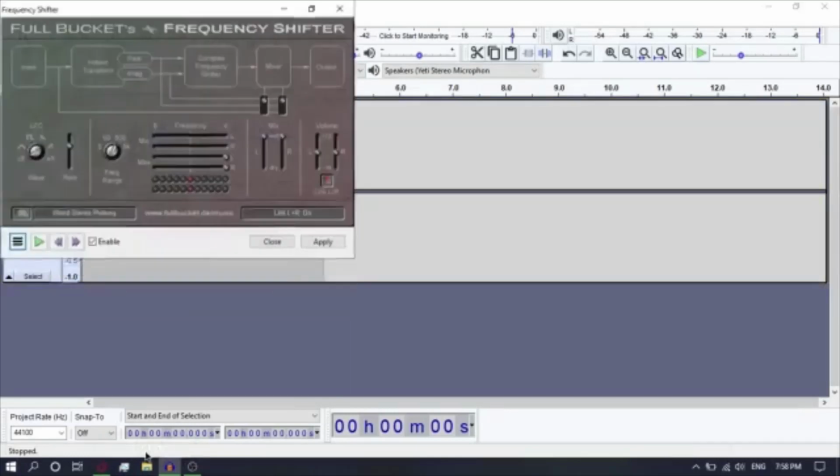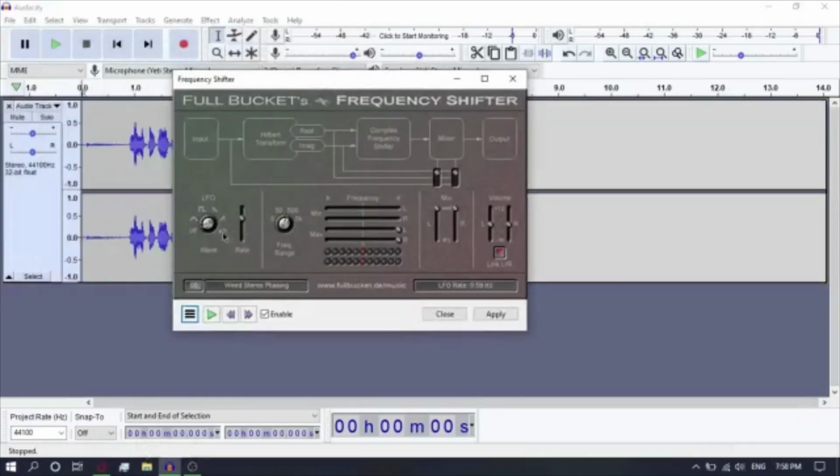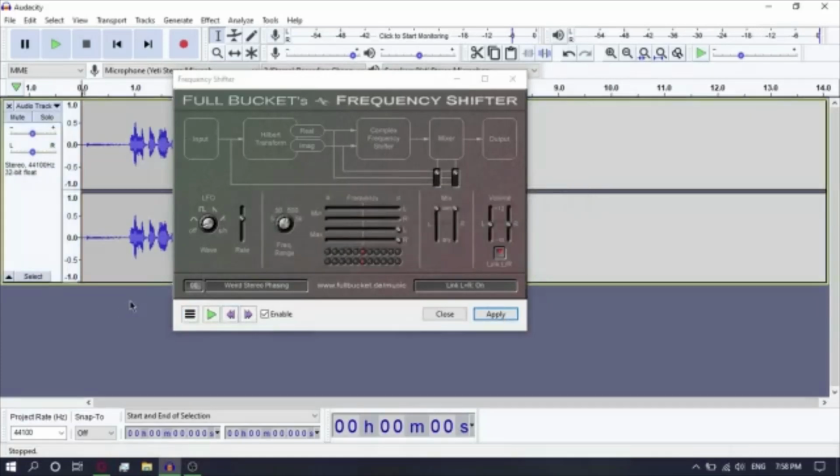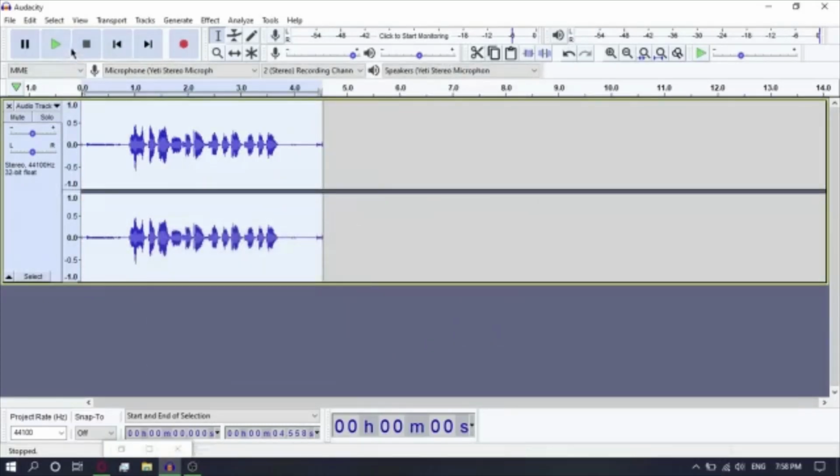go to Frequency Shifter. Make sure these are the options. LFO wave is off. Rate's right around here. Frequency range 500. Mix is wet. Volume's normal. Apply. And here's your abomination. This is